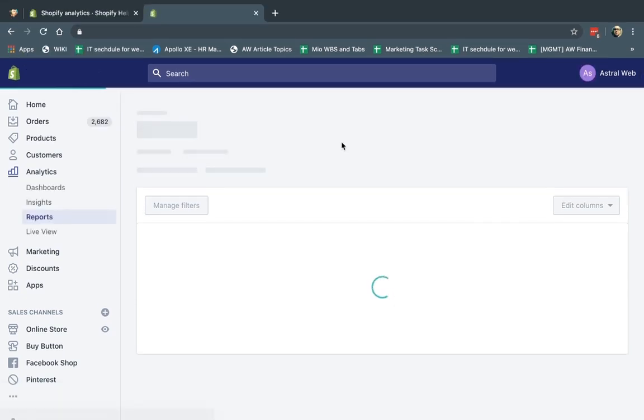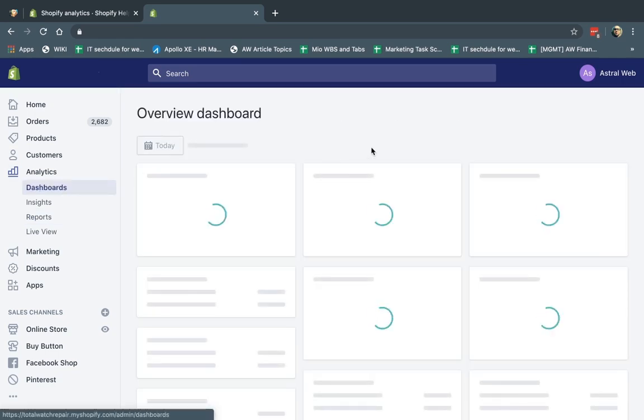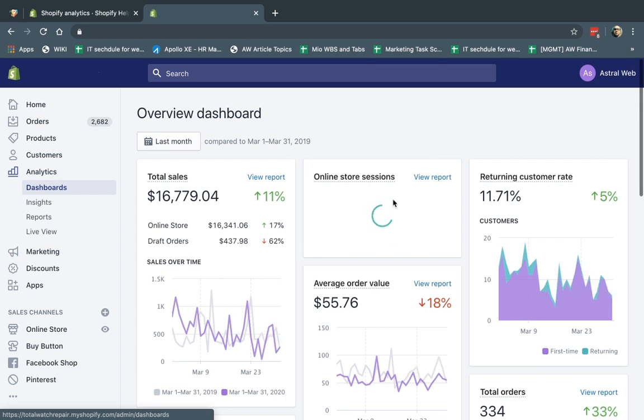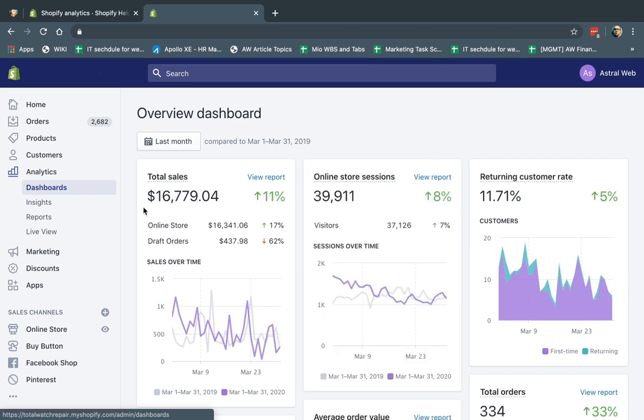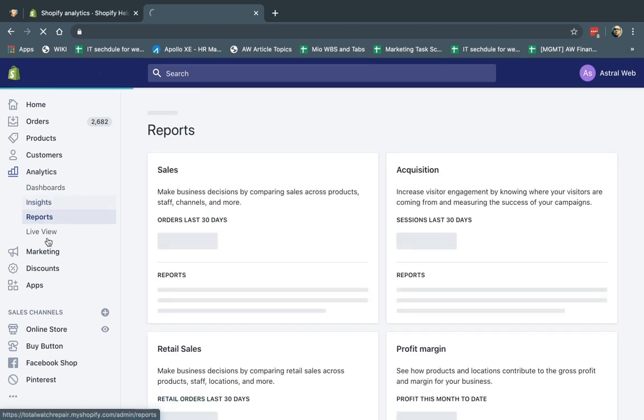Okay, so these are the reports. Now, you have a lot of different reports. So dashboard is a really quick, simple way to see your reports. You can have a quick comparison. This is just a simple recap. And the next one is reports. And I'm going to jump back and forth here, but I'll cover all of them.